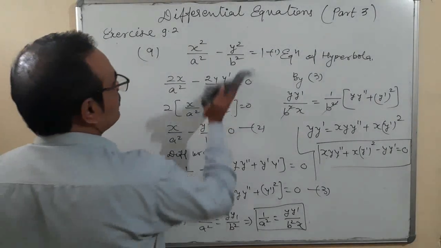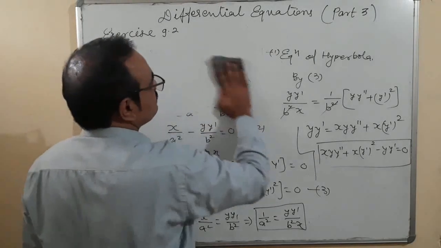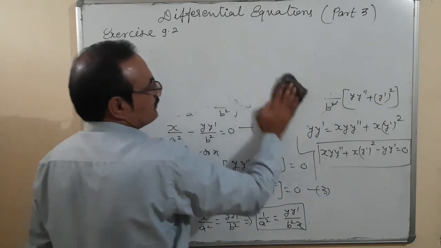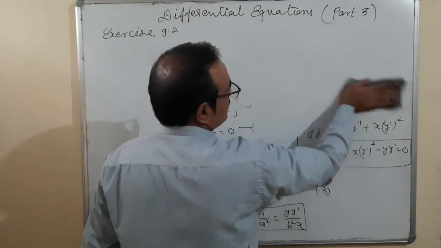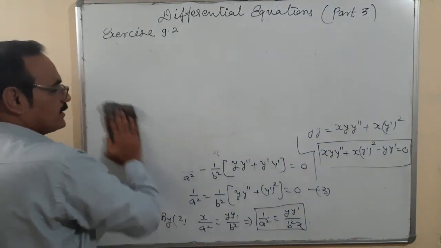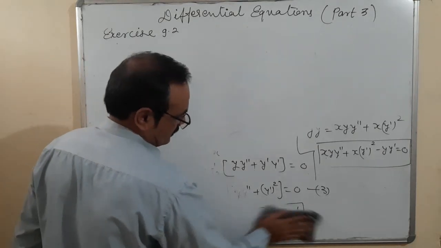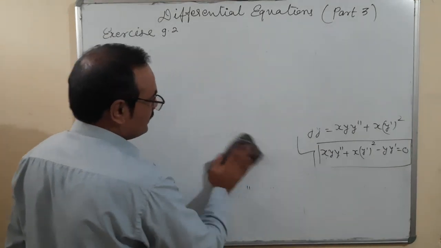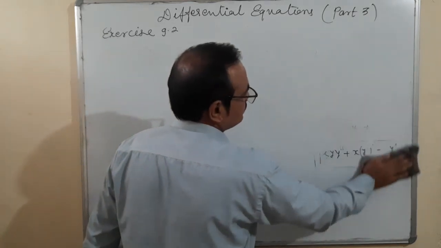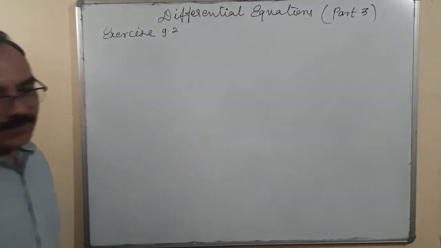So this is question number 9. You can make up your mind that whenever you see that there are two arbitrary constants, we will have to differentiate 2 times and then try to eliminate the arbitrary constants. This I am doing in each and every question, and the same thing you have to do also. One more question I am selecting from it.